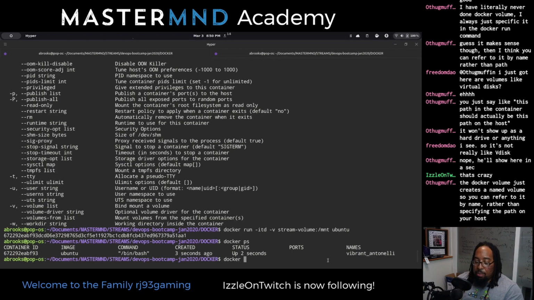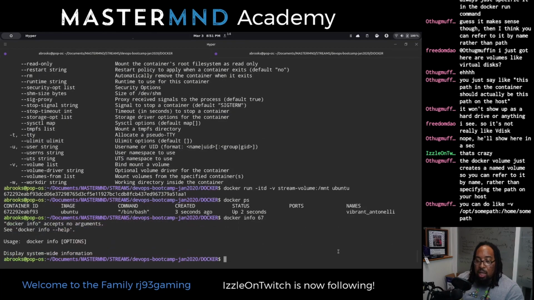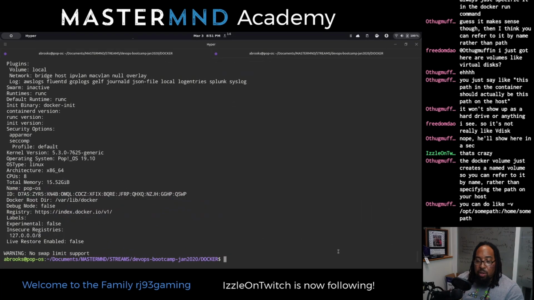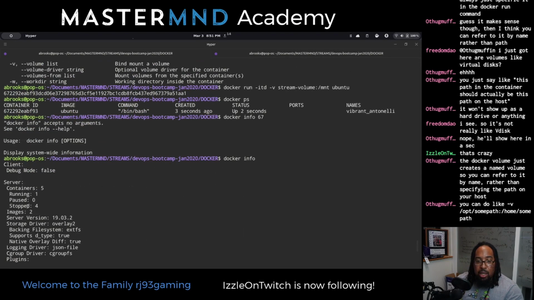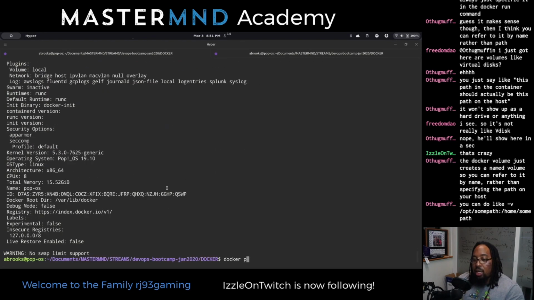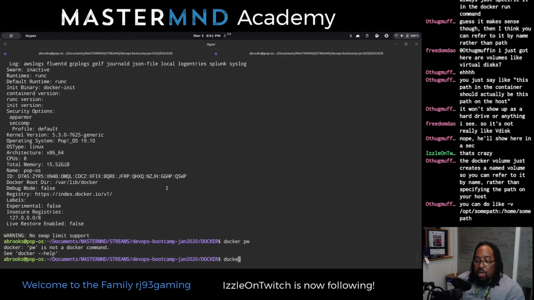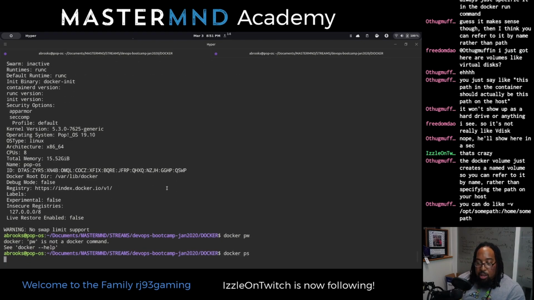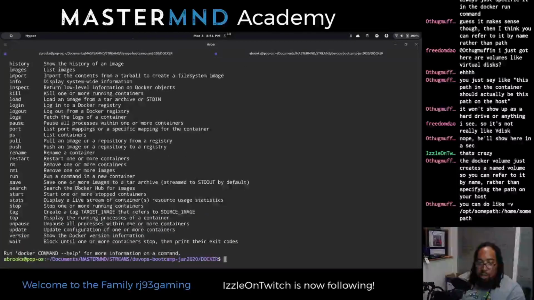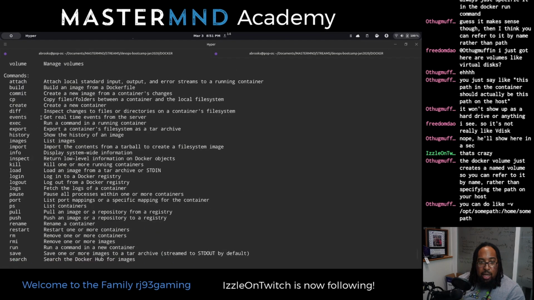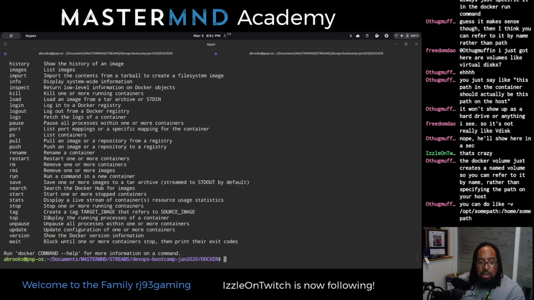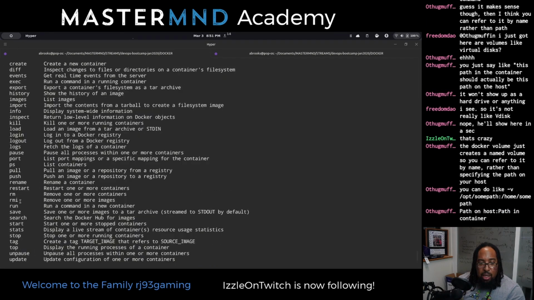But I forgot to tell you guys, you can do a docker info too, if you want to find out more information about the thing that you are running. Whoops, that's not what I wanted. Hold on, I always forget. I never manage individual Docker containers anymore, so I never remember. How do I find out specific information about this container?